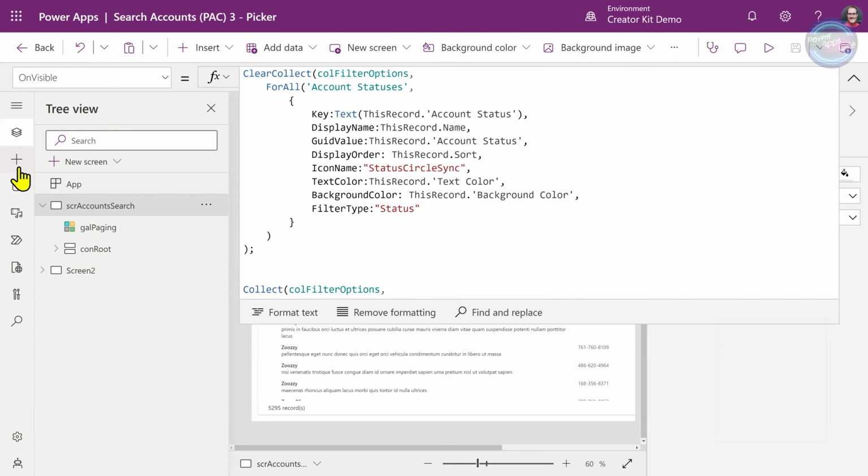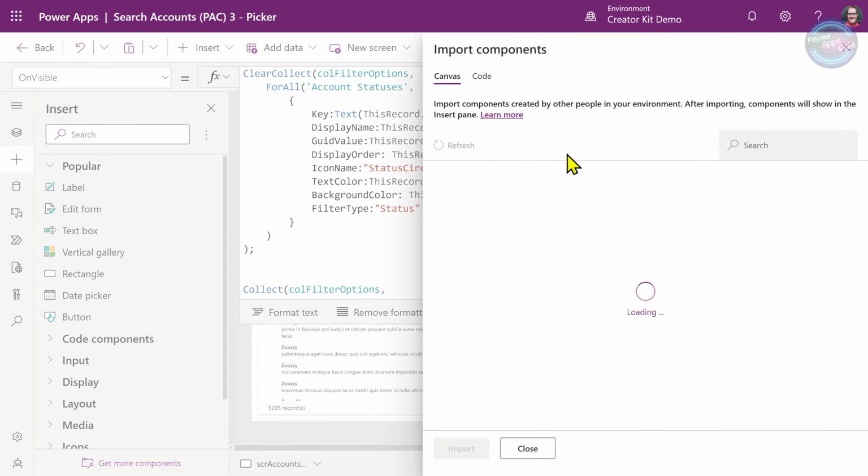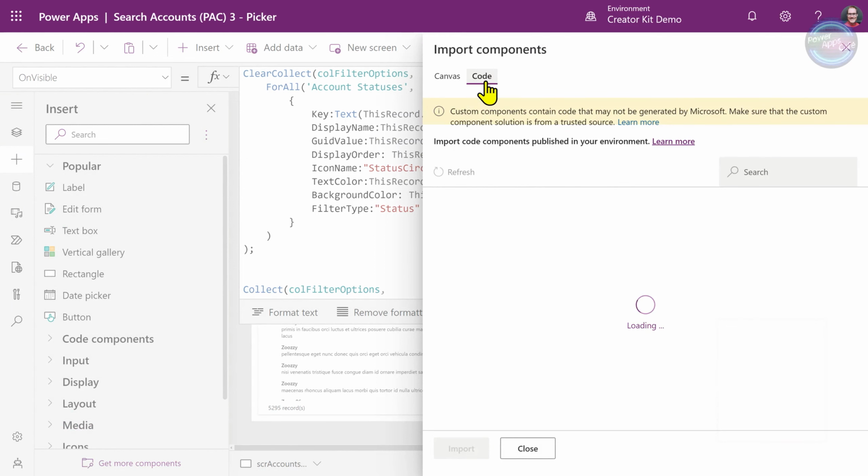So we're going to use the Creator Kit picker control, the Fluent picker control.